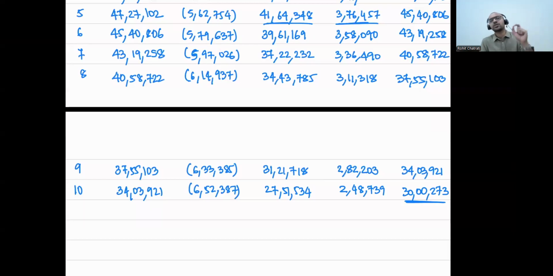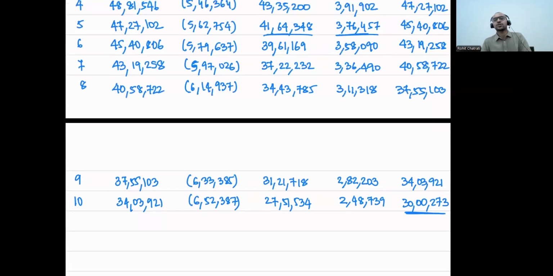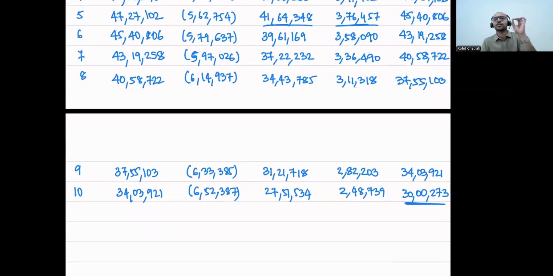It's going down to 30 lakh 273 because at the end of the 10th year, you're actually going to make a payment of 30 lakhs to purchase the asset, and therefore your lease liability is having a balance of 30 lakhs at the end of the 10th year. Once you make that payment, the 30 lakhs will get reduced to zero. The entry for that will be lease liability debit to cash of 30 lakhs, and it will finally go down to zero. So at the end of the 10th year, you're left with a balance of 30 lakh 273, which represents the amount that EFG is expected to pay to entity H for purchasing the asset.